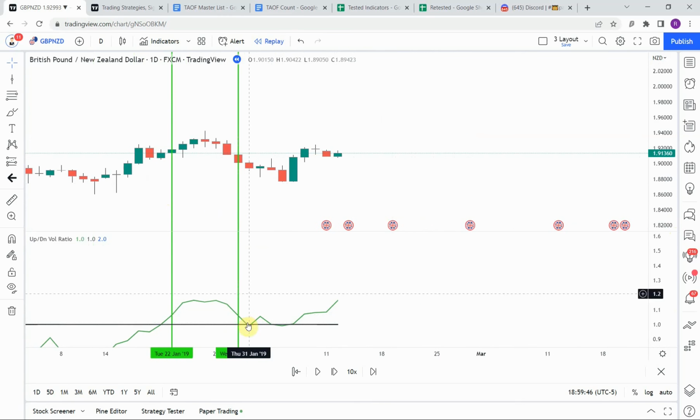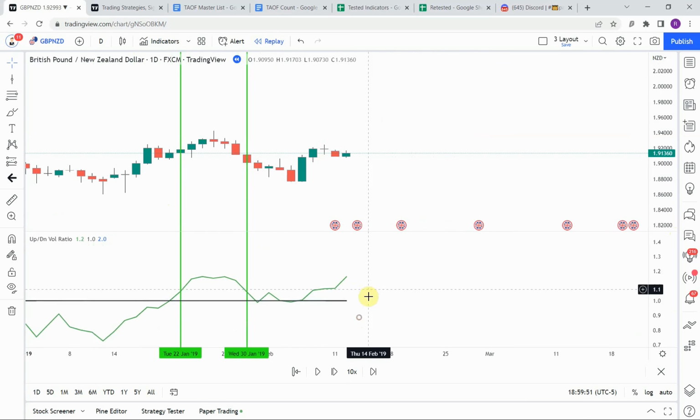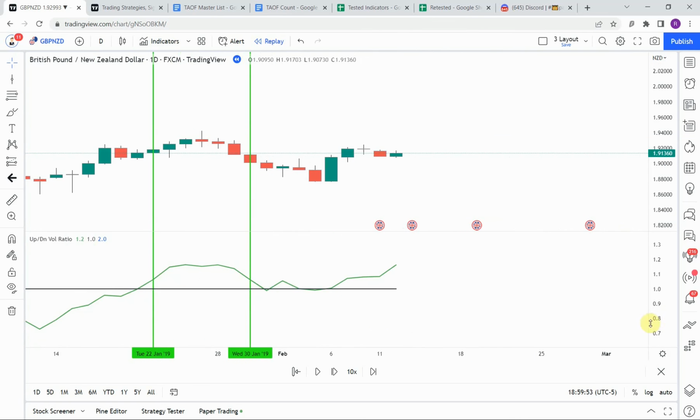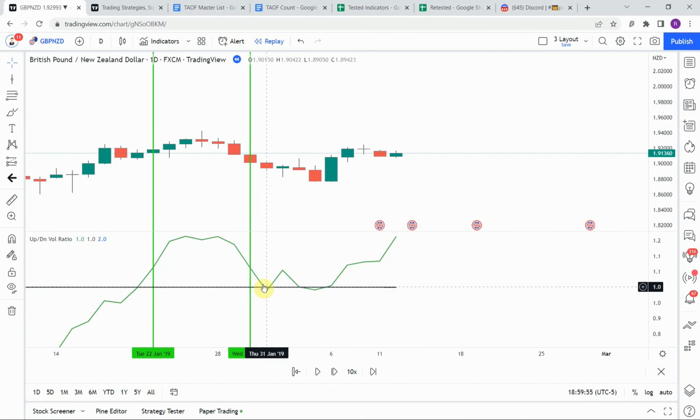All right, so it's interesting to note what I was looking at here. You can see the green line crossing down below the black line right here. And generally what we look at is these coordinates over here to see if it actually crosses down below, because I had to zoom in really, really close to this to actually see that it did, in fact, cross down below. But if you look at the coordinates there, if I hover over that point right there, you see